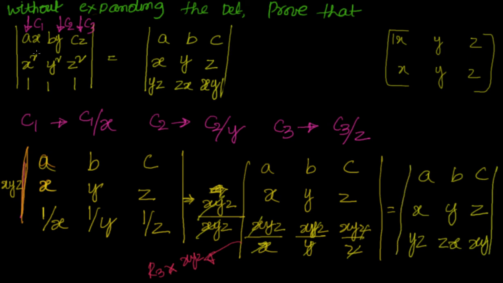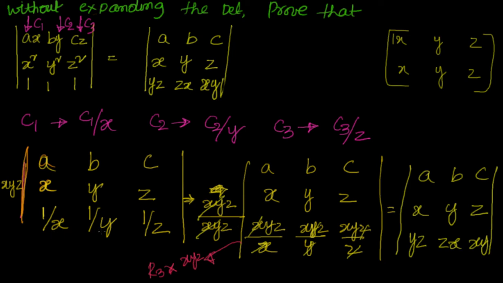How have we done this? We have compared. We see very clearly that the first and second rows of the matrix are related by X, Y, Z respectively to the columns. If I divide the first column, second column, third column by X, Y, Z respectively, I am getting the first and second rows of the right hand side matrix. So I have done that. Whenever you are dividing, you should multiply also, so that the value is not changed.